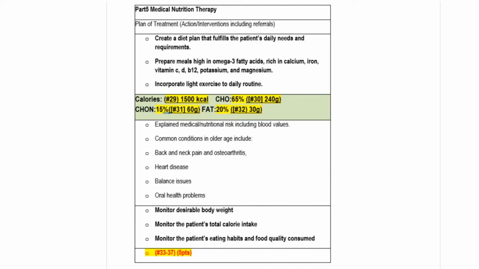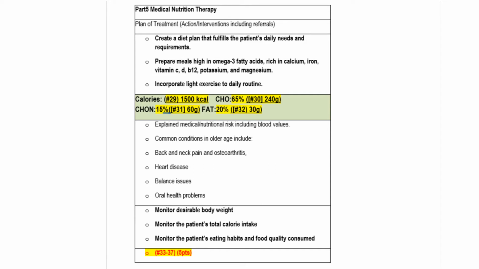Common conditions in older age include back and neck pain, osteoarthritis, heart disease, balance issues, and oral health problems. What to monitor on patient X? You should monitor the patient's desirable body weight, the patient's total calorie intake, and the patient's eating habits and food